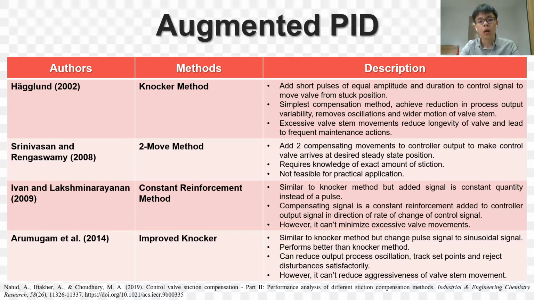In the coming year, the constant reinforcement method, also known as the CR method, modified the knocker method by adding a constant quantity of the compensating signal to the controller output instead of the short pulse, but unfortunately it still cannot solve the excessive movement very well. Therefore, the improved knocker method was proposed by changing the pulse to a sine signal. It performs better than the knocker method by reducing the oscillations of the output signal and rejecting the disturbances satisfactorily. However, it still faces the same problem as the knocker method, where it can't reduce the aggressiveness of the valve stem